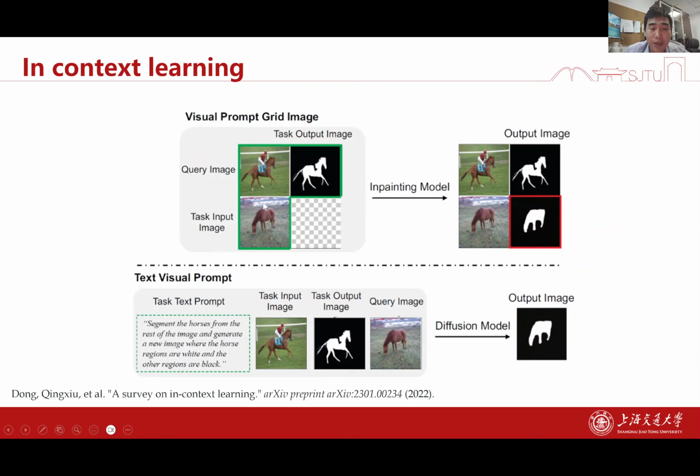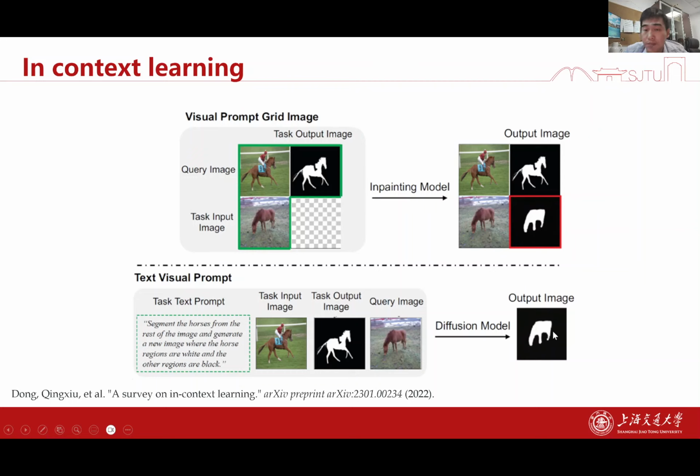And then you give an image of another horse and leave the output blank, asking the neural network to give the output. So in this way, you give a text prompt, then an image, then an output, and also another image. You ask the neural network to do next token prediction, and it will give out the output image that